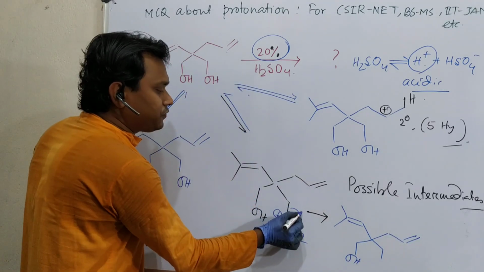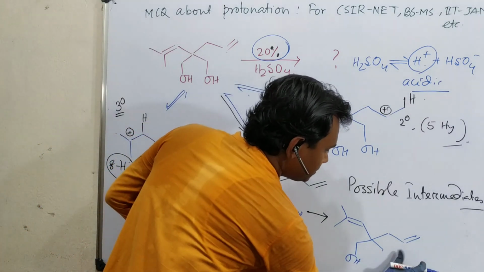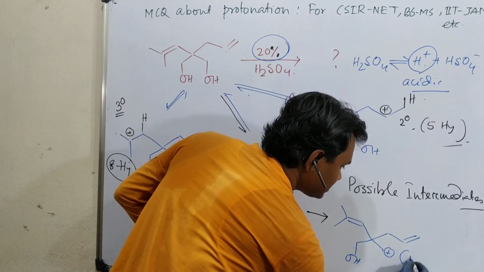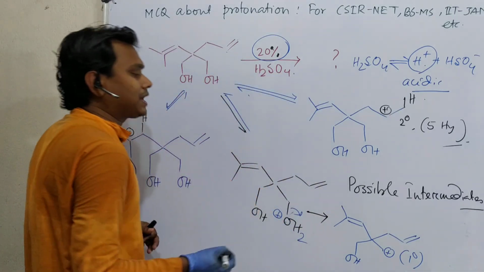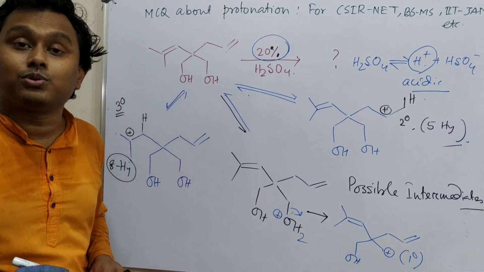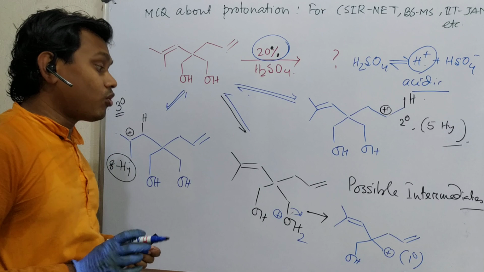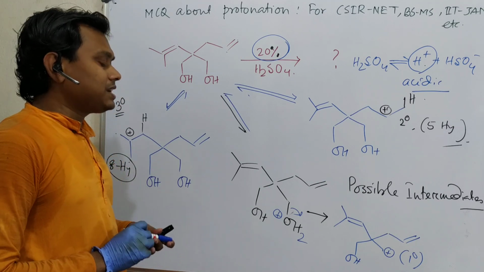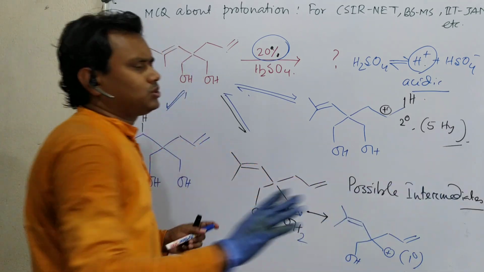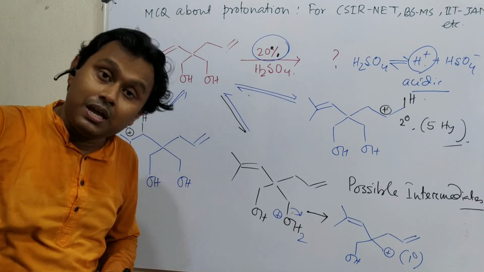So if this dehydrates, it will form a carbocation, but this is a primary one, and actually no hydrogen is there for hyperconjugative stabilization, so it's not possible. Now, a question: you may consider that rearrangement is possible, but those are another step.